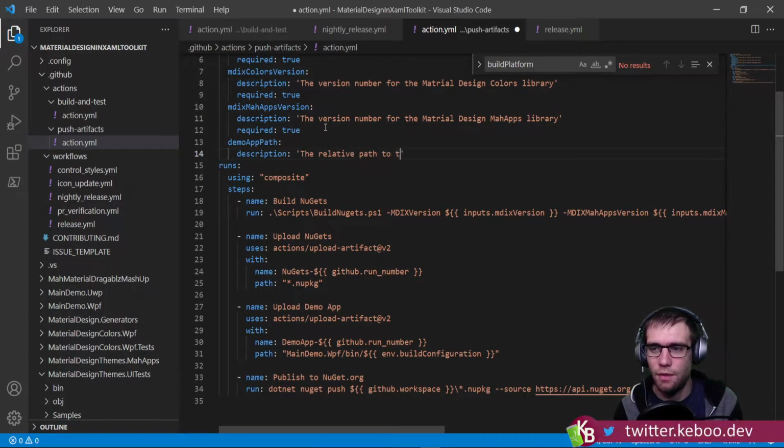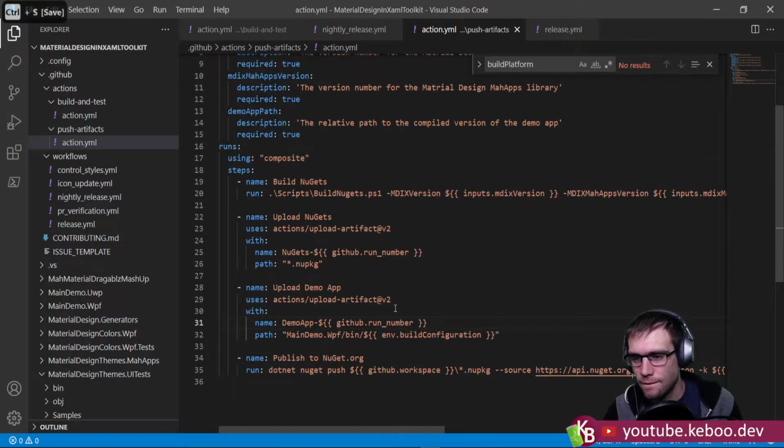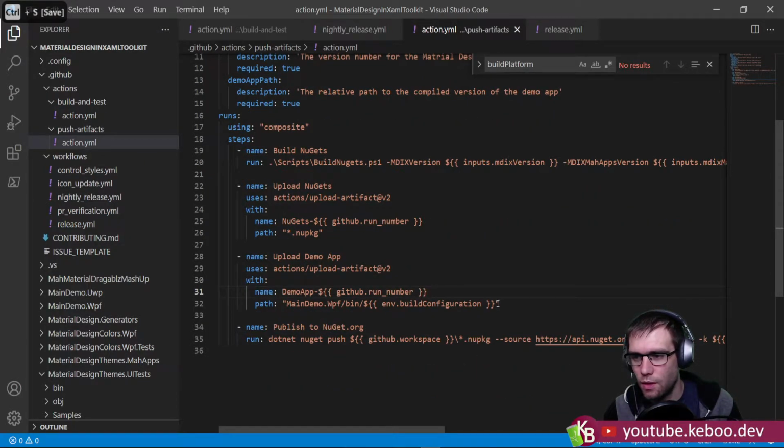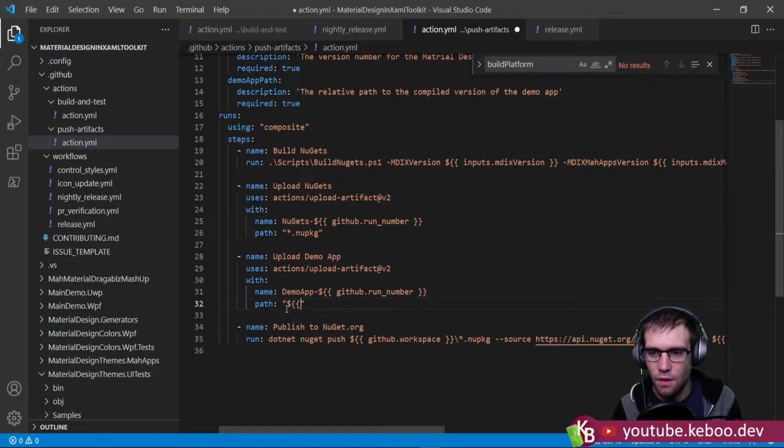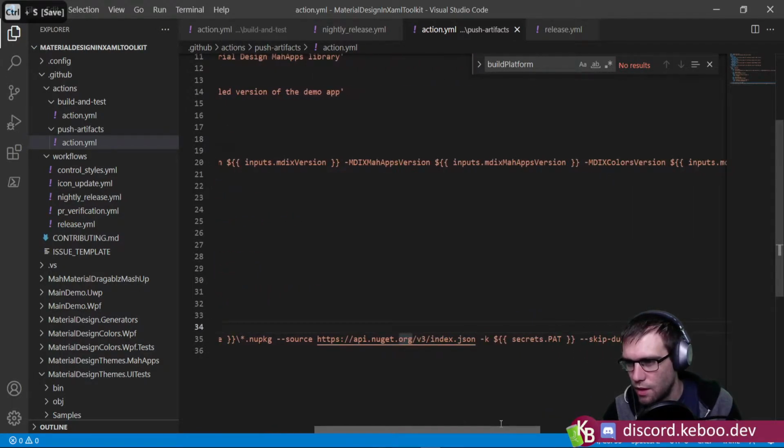Relative path to the compiled version of the demo app. Required true. Okay, so this is going to change up then to be a little cleaner. Puts demo app path like that. This,